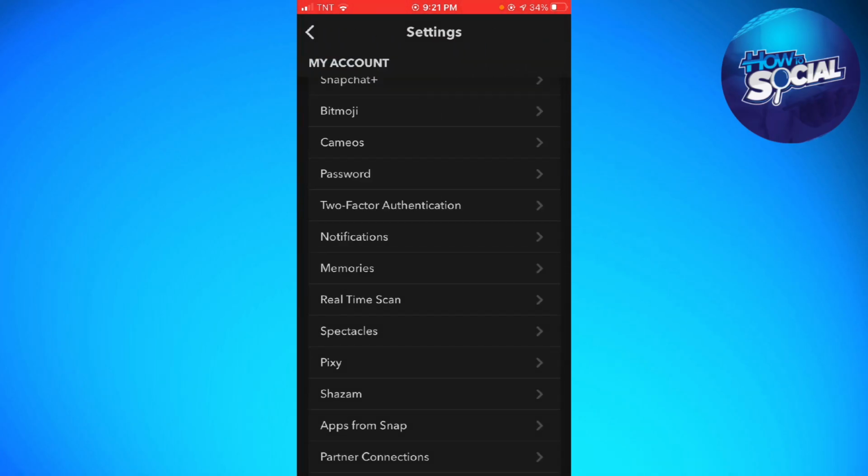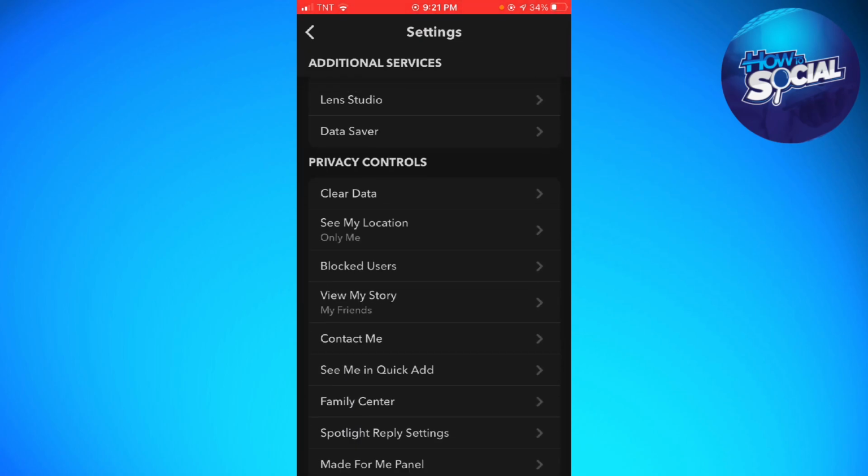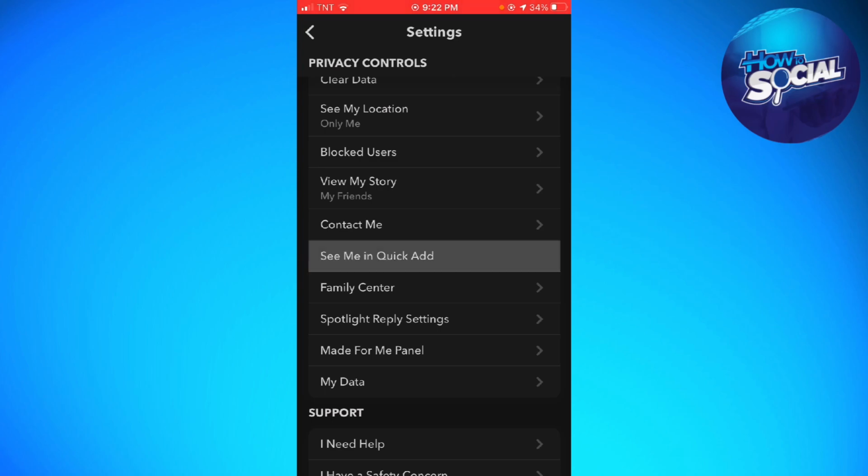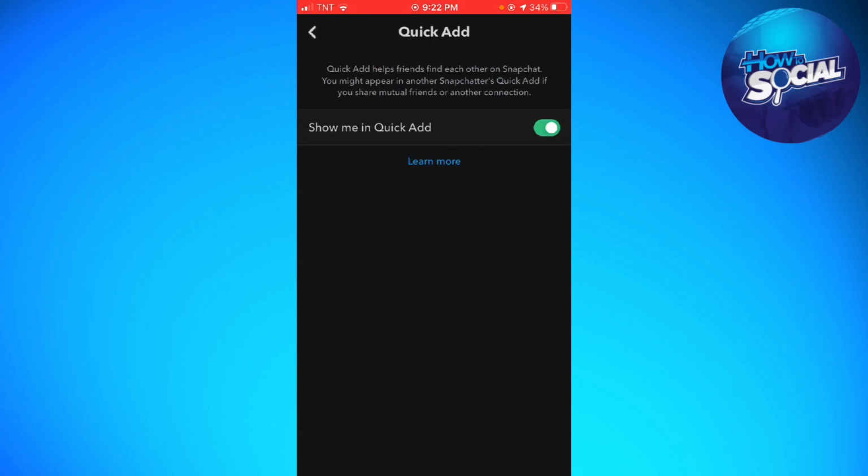And now you want to scroll down until you see the See Me in Quick Add. Okay? So now just go ahead and turn this off so that other people won't see you on their Quick